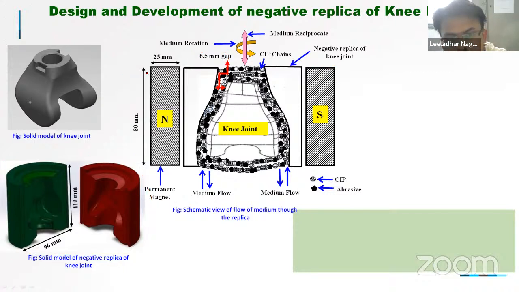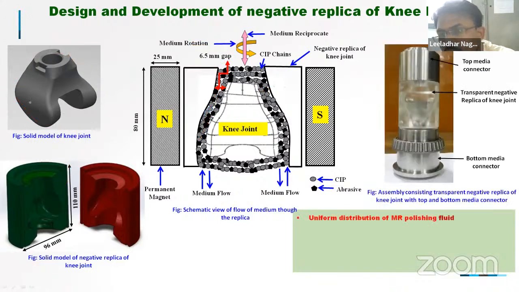So this is the schematic view of how the fluid is flowing. We have maintained this particular gap. This joint will go inside here, and we are maintaining a 6.5 mm gap, and within this gap our media, our MR fluid, will be flowing up and down and reciprocating, as we have seen in the earlier slides. So this is about our fixture,